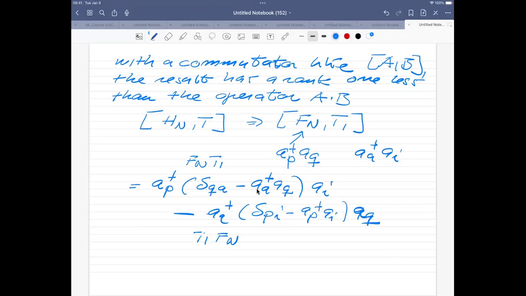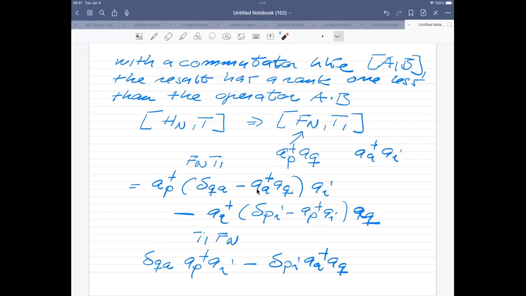So I'm just writing out the commutator. And now I see that if I look at the first term here, that is going to give me a delta Q of A, of AP dagger, of AI. And then I'm going to get an additional term, which is a delta P of I, of an AA dagger, of an AQ. But then I can reorganize these terms here and the last term here so that they actually